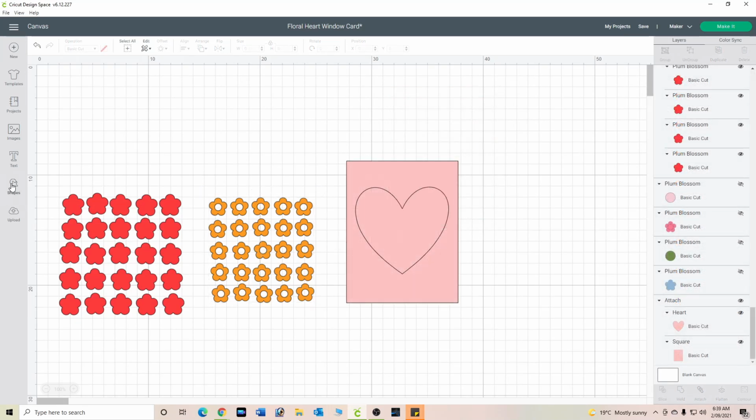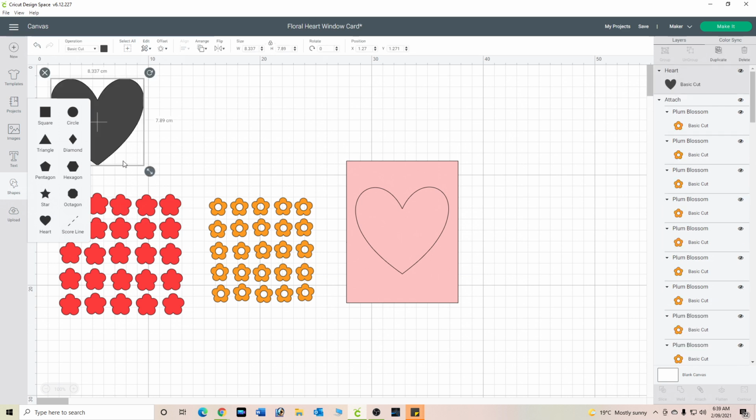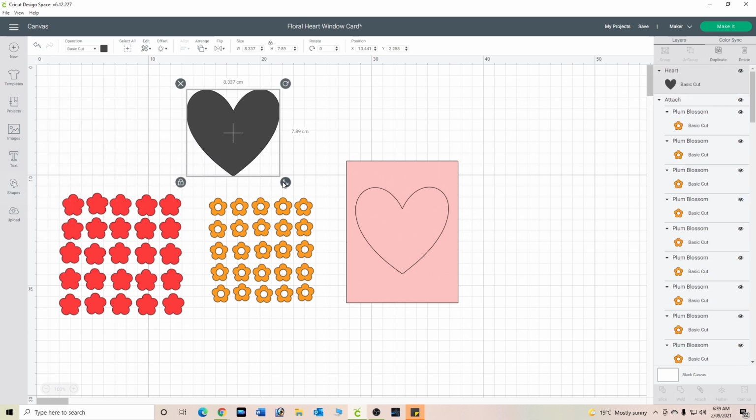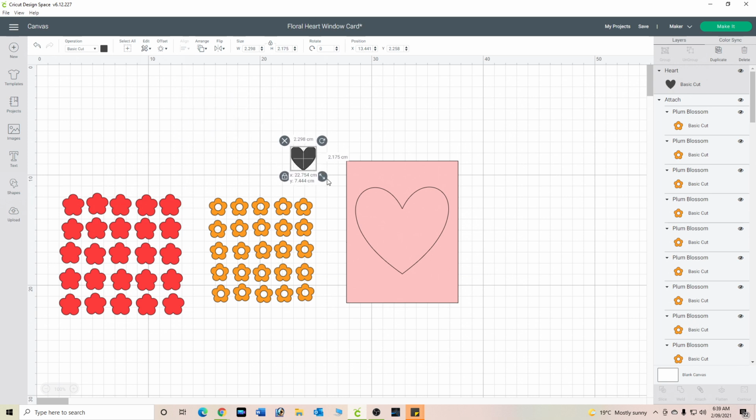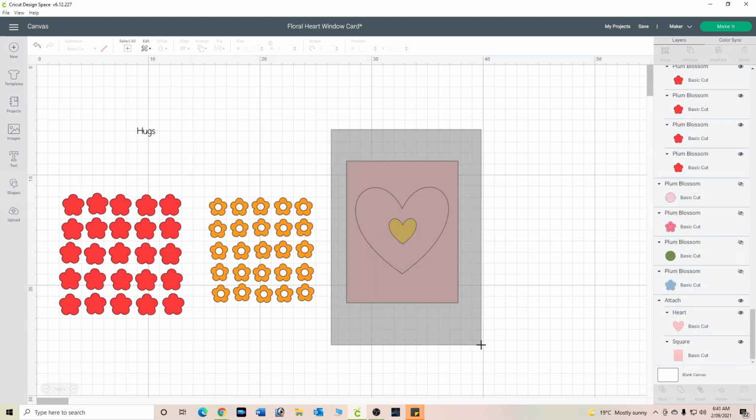I've got this feeling that I want to do another heart for my sentiment, but I'll actually write on it if I did that and popped it up in the center. Right, so let's attach